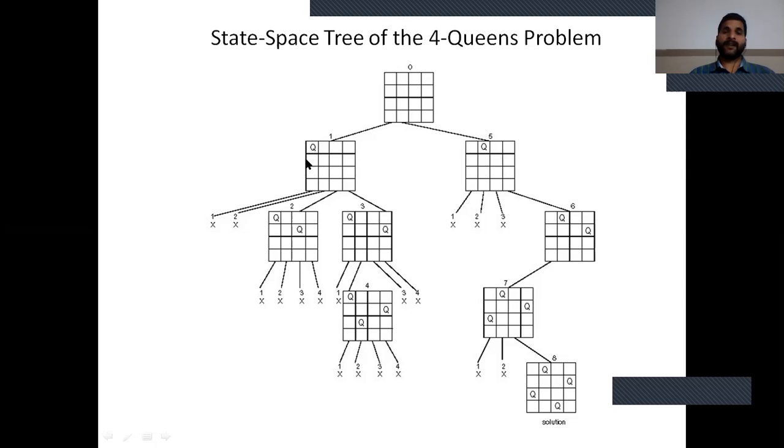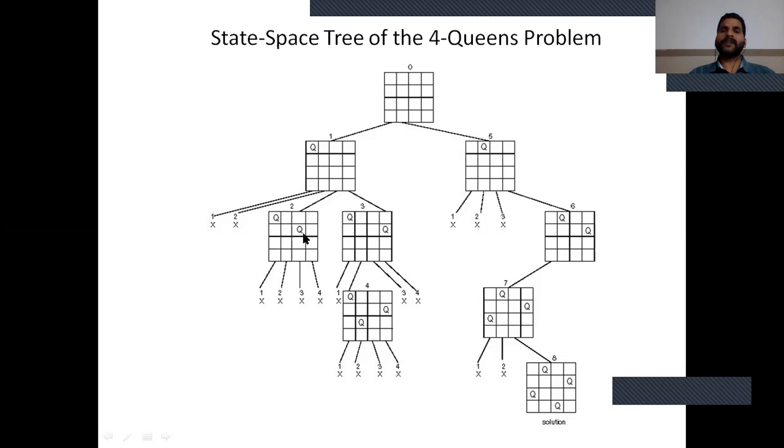For the second queen, the options are columns 1, 2, 3, 4, but column 1 we cannot use because it is the same column, and column 2 we cannot use because it is diagonally attacked by the queen. So we place it in option 3 or 4. In column 3 we can easily place it.